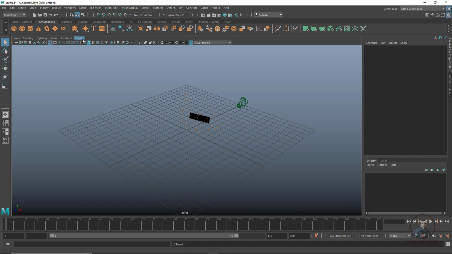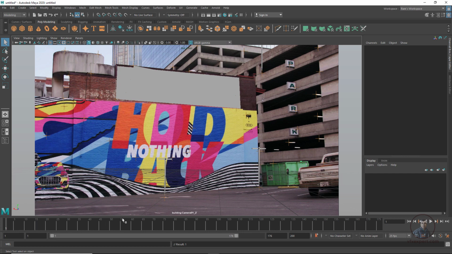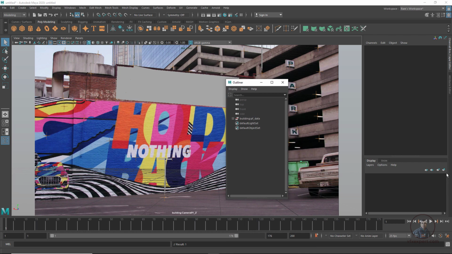You can see here, then simply click on panels and you can see it in camera view. So easily you can see here. Click on Windows and click on outliner. Just assign some objects to our display layers.